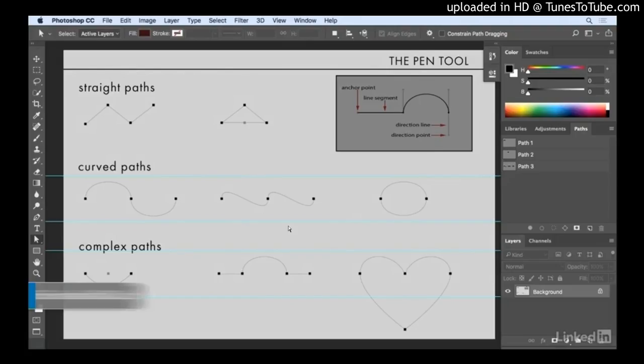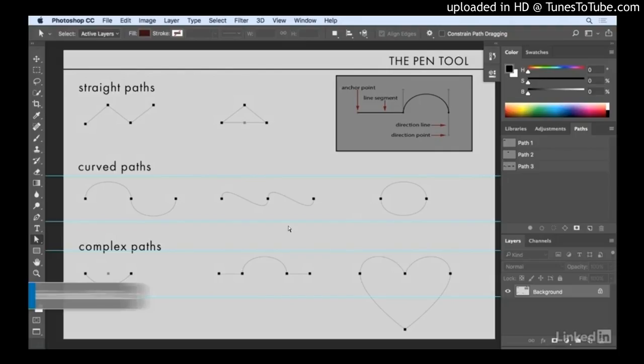And just like before, I need to split this. I need to change the direction. So if I hold down the Option key, that's going to get rid of this portion of the direction line. And I've clicked my mouse and I'm holding the mouse down, and I'm just going to drag up in the other direction because that's going to set this direction line to start this curve going up. So that when I click on this anchor point here, then I get that heart-shaped curve. From here, all I need to do, because I want this to continue around, I don't need to change this from a curve point to a corner point, I'll just click on this black square and then click once again in order to close that path.